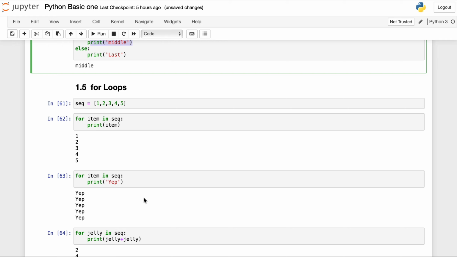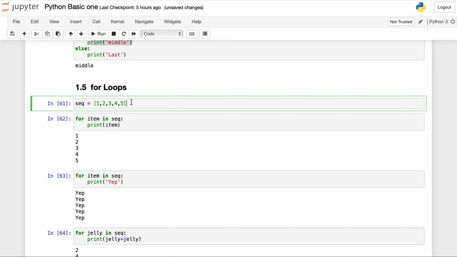Suppose we want to iterate over a certain kind of list, or we want to repeat some kind of statement again and again, then a loop provides us better functionality. Suppose I want to write a print statement 100 times. I would need to manually write that statement 100 times. But with the help of a loop, I can simply run a loop from 0 to 100, and print my statement inside it, and it will keep on looping and printing 100 times until my loop terminates.